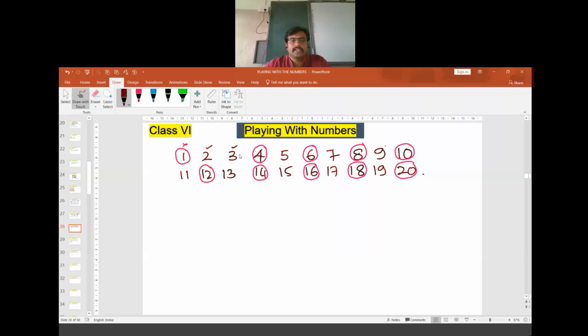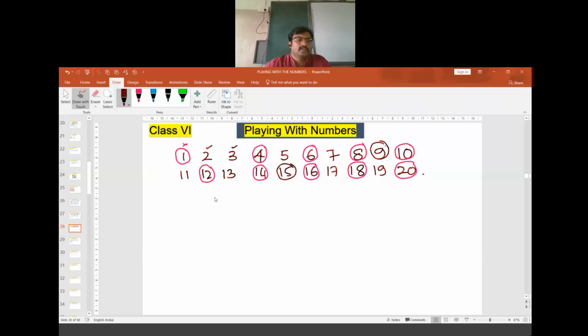Next, you have to take out the multiples of 3. You have to leave this 3 and find the multiples of 3. Here 6 is already taken out. Next 9 I should take it out, followed by 15. Now we have to take the multiples of 5. In this, the multiples of 5 are already removed. Multiples of 7 are also removed.